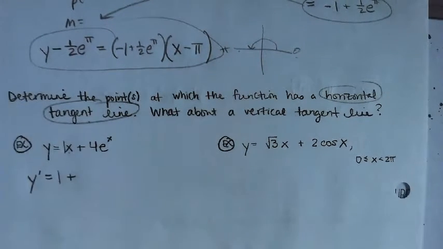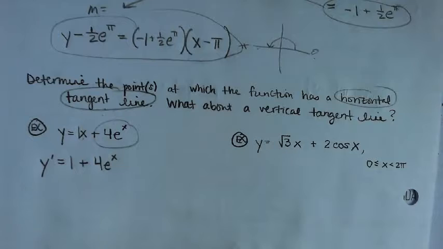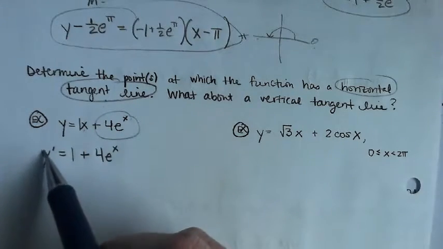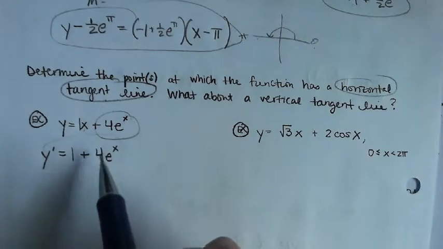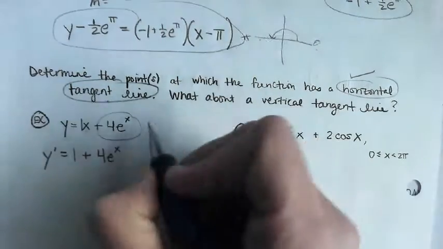Plus, what's the derivative of 4e to the x? 4e to the x. Just FYI, so you know this too. I've also chosen the more complicated ones that you're going to see on your homework for class purposes. So there are definitely simpler versions of these. So there's your derivative. Our derivative, since we're looking for the horizontal tangent line location, needs to be set equal